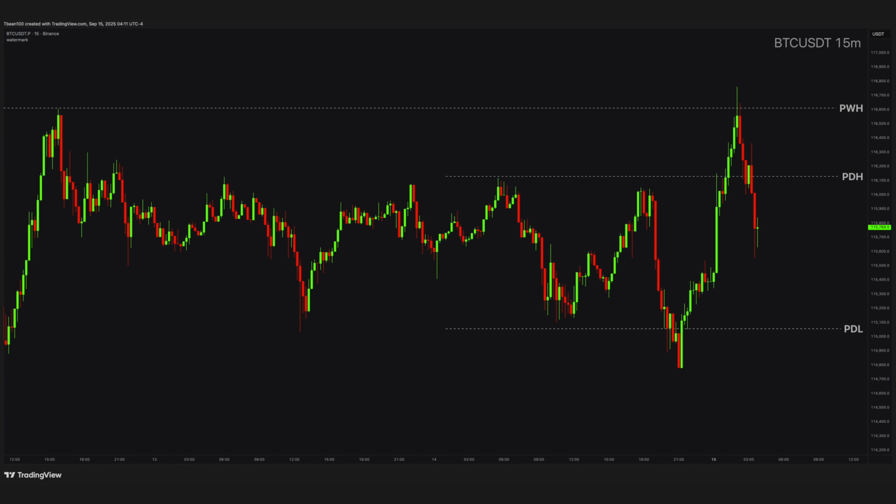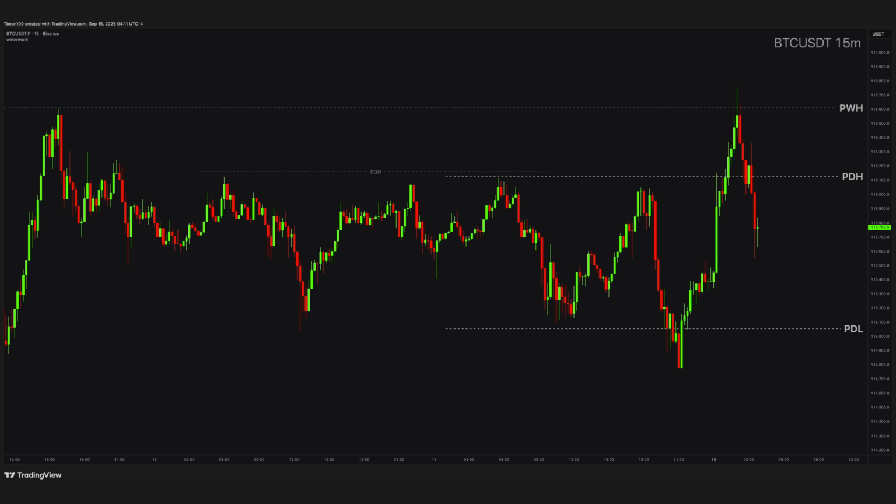Today, let's talk about how to read price action in detail by looking closely at the market structure and explore different ways of understanding how the price moves. As you can see in this Bitcoin chart, the price first hunted the PDL, or the previous day low, before quickly rallying back above to take out the PDH, which is the previous day high, along with the previous week's